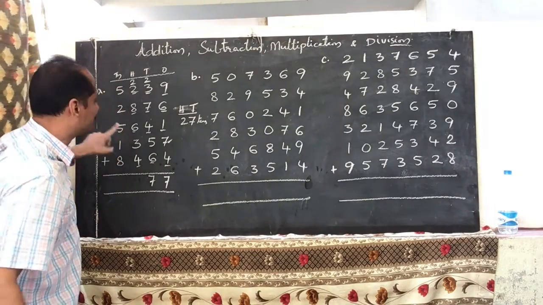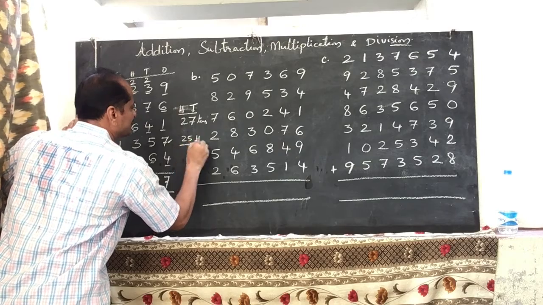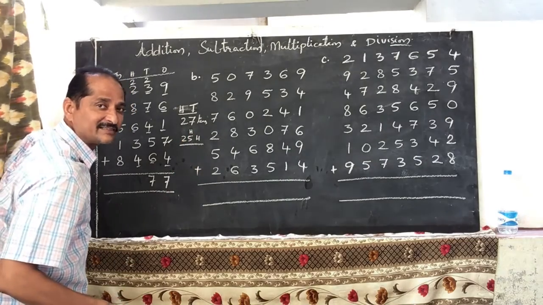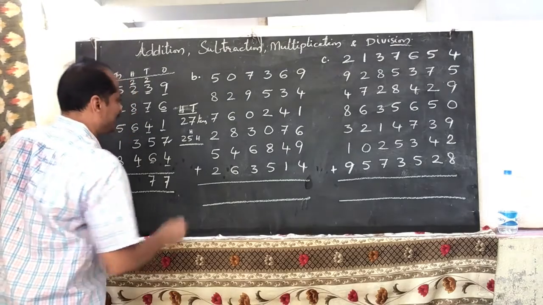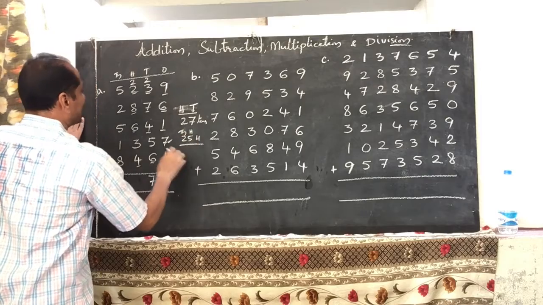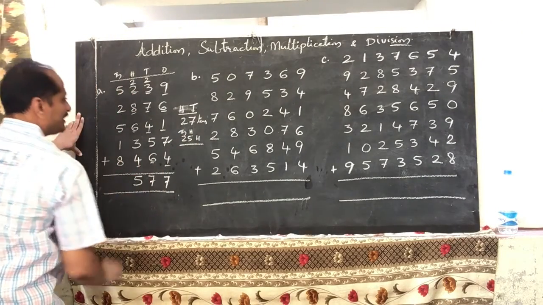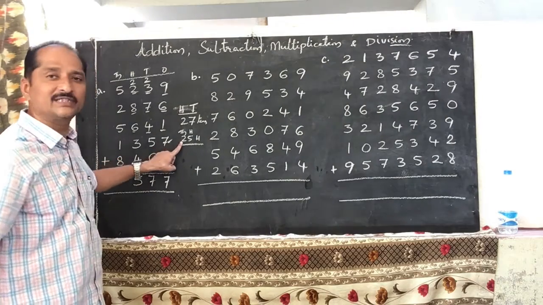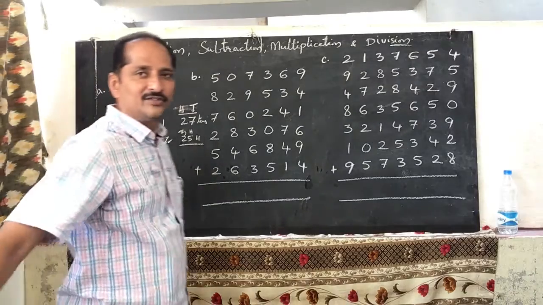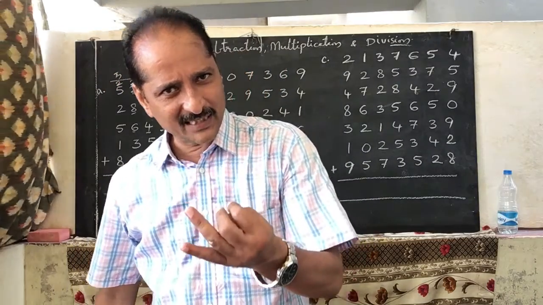So what are these 25? 25 hundreds. 25 hundreds means 5 is in the hundreds place. The next place greater than hundreds is the thousands place. Very good. So write down 5 under the hundreds place, and 2 thousands. Write 2 under the thousands place. So the ones place is completed, the tens place is completed, and the hundreds place we have also added.